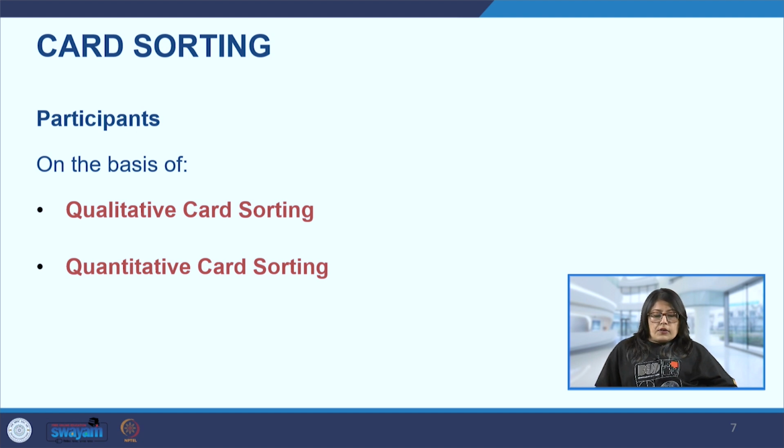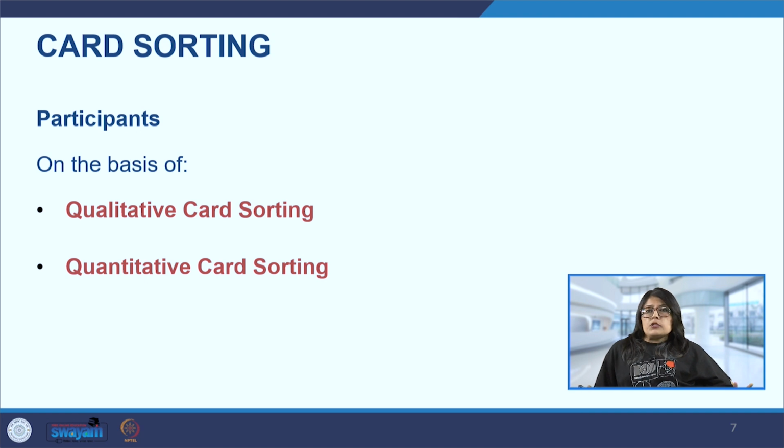Then the quantitative card sorting method helps researchers understand the statistical validity of common groupings. So we know that quantitative deals with numbers. Here, rather than why, what is more important is how many times people group the same kinds of cards together. So here we are looking at the repetitive number of times these cards have been grouped together. So it is also an important insight that we are getting. The only thing is we are just looking at how many rather than why. So both insights are important.